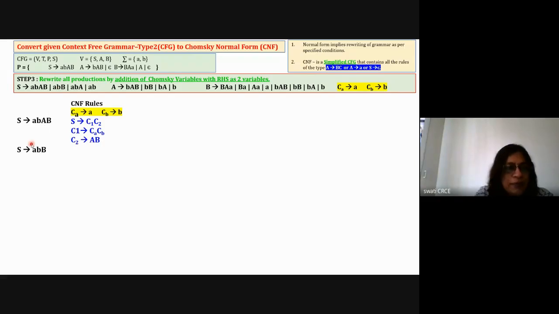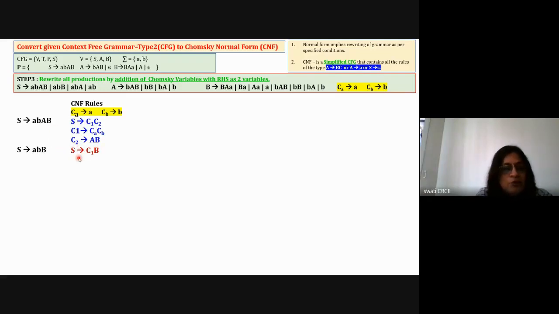Okay, now take the second variable, second rule. So second rule is S is equal to AB, capital B, which is not in Chomsky form. So I have to remove this. So for AB, what can you say? For AB, already we have said that C1 is equal to AB, we are assuming. So I can use the same variable here. And I say that S is equal to C1B. And C1 already I have defined here, that C1 is equal to CACB and CA is equal to A and B. So I don't have to write it again now. Okay, so I am reusing the previous variable.